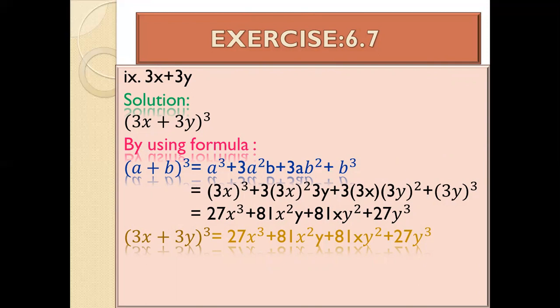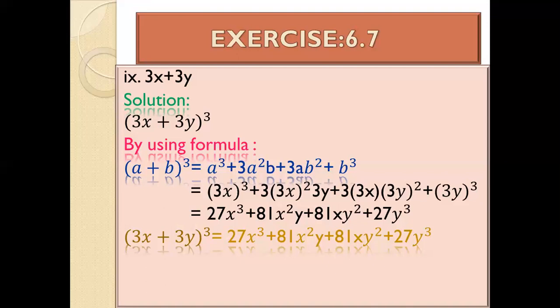In the previous questions, we took common because we cannot take the square of that number. So that's why. And also the terms are given in the form of square. So we take (3x + 3y) whole cube. A is 3x and B is 3y. There is positive sign means we will apply the formula of plus. (A + B)³ and again formula is A³ + 3A²B + 3AB² + B³. So only we replace the values of A and B.